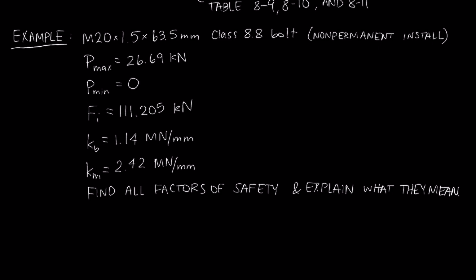First thing we want to do is determine our preload and our service load stresses in the bolt. And then we're going to compare that to the proof strength when we find our factors of safety. So our preload stress is simply equal to our preload force divided by the tensile stress area. You can find this tensile stress area in table 8-1. And when I look up that value for this M20 bolt, I find that it is